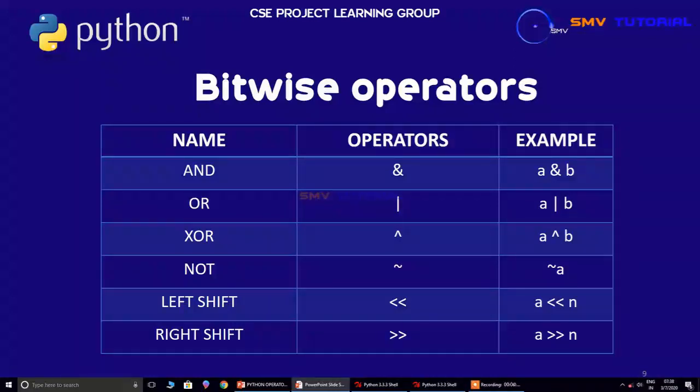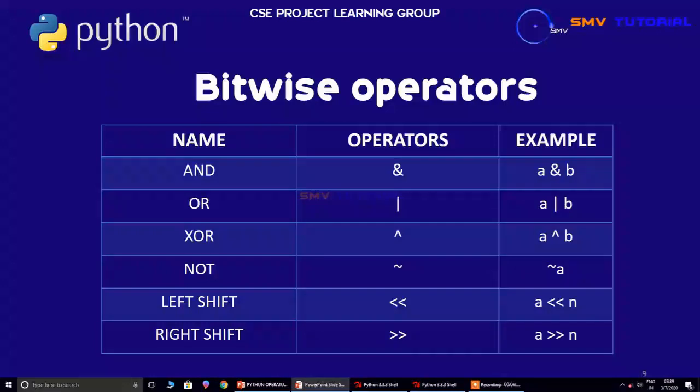The left operand value is moved left by the number of bits specified by the right operand. The final one is the right shift operator. The left operand value is moved right by the number of bits specified by the right operand.